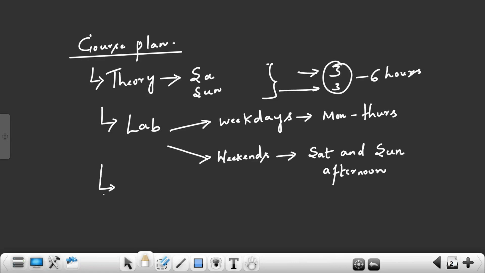So lab. The tool has already been installed. So the tool is given to you. We use ICC2. See, there are two vendors, right? When we use tools, the vendors or the competitors are